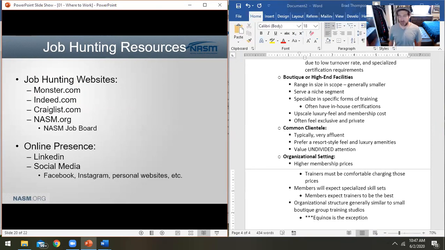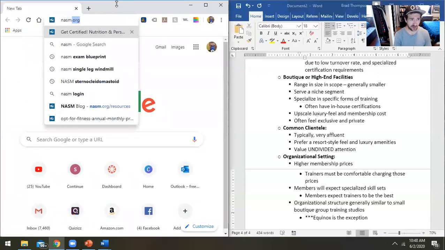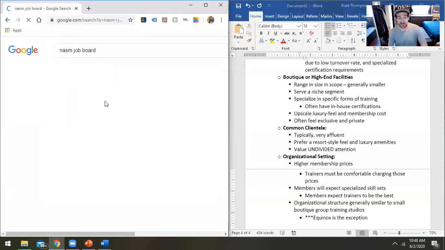There's a couple different job hunting websites out there. There's places like monster.com that requires a membership fee. I'm not a huge fan of monster.com. Indeed.com is definitely the most common. Craigslist is still a great place to do some job hunting. One of the best ones is this one right here. If you go to nasm.org, they actually have a job board,